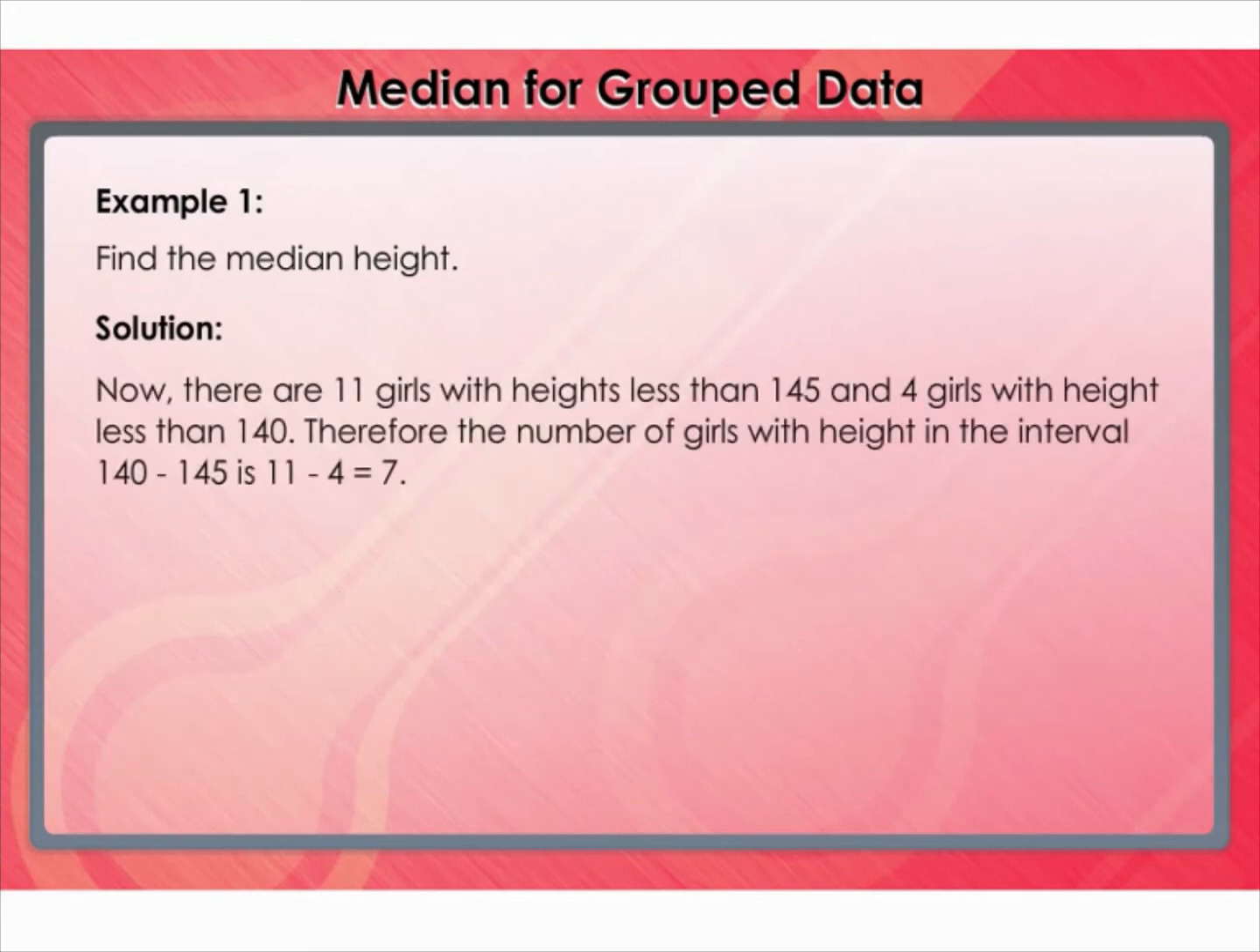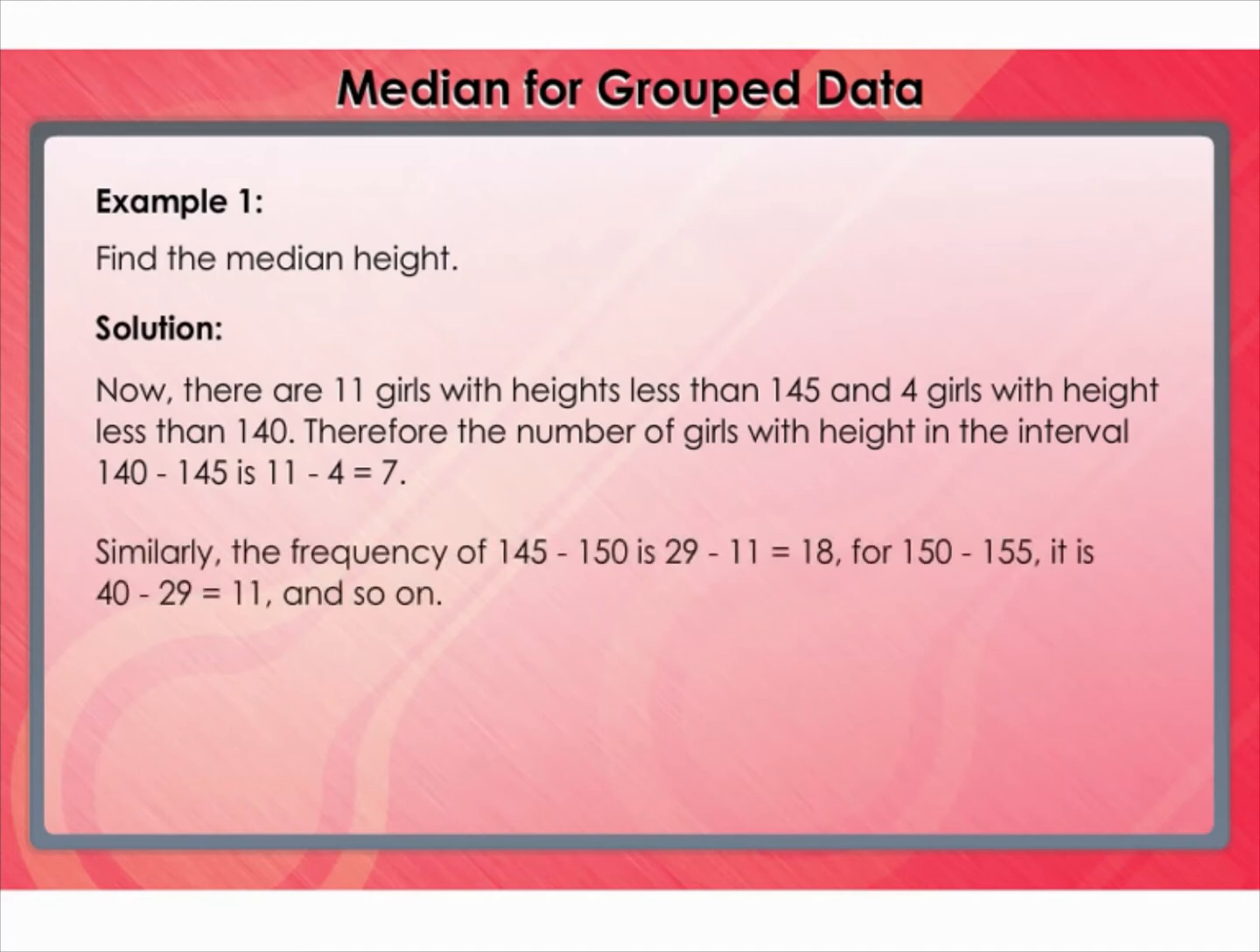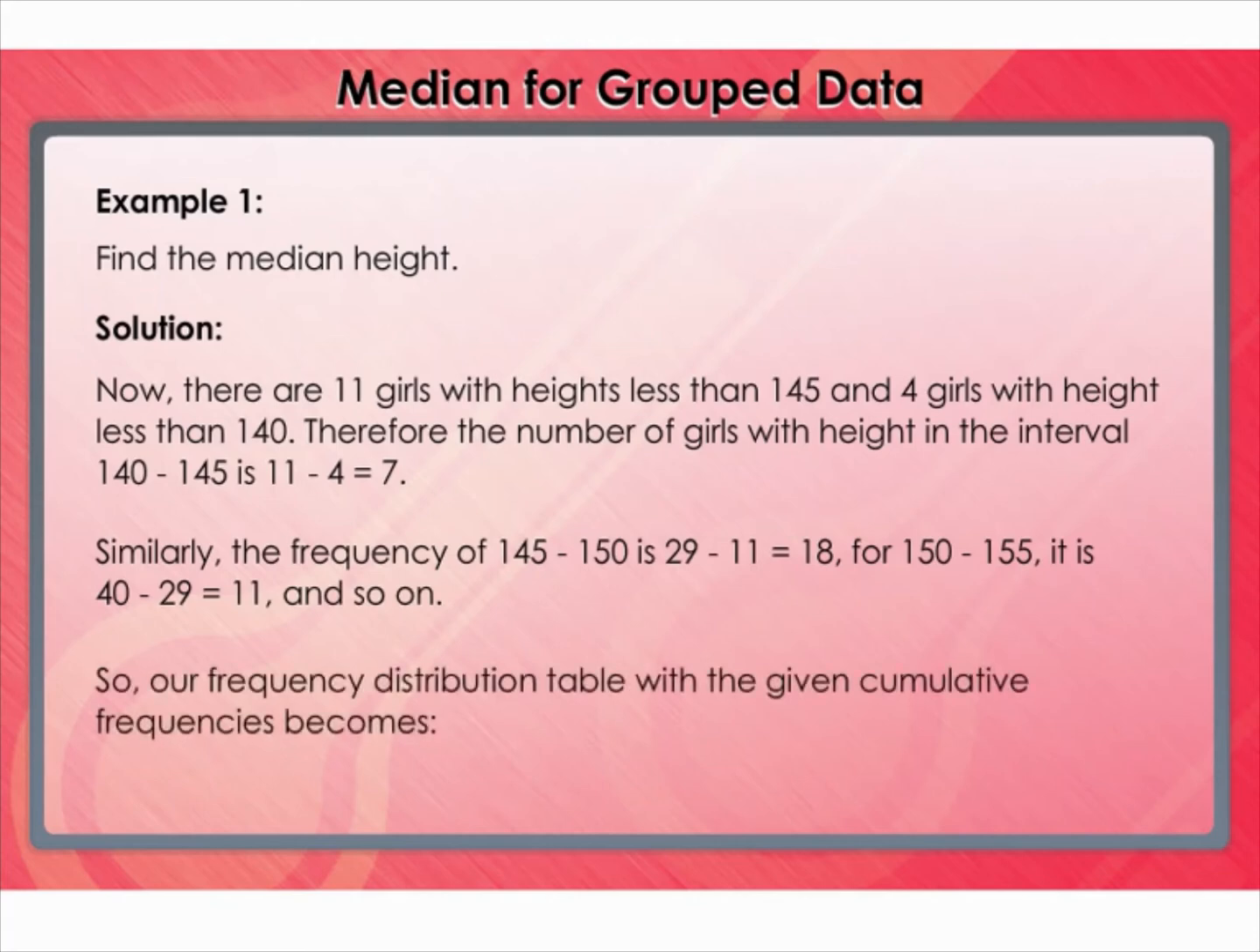Now there are 11 girls with heights less than 145 and 4 girls with a height less than 140. Therefore, the number of girls with height in the interval 140 to 145 is 11 minus 4, that's equal to 7. Similarly, the frequency of 145 to 150 is 29 minus 11, that's equal to 18. For 150 to 155, it is 40 minus 29, that's equal to 11, and so on. So our frequency distribution table with the given cumulative frequencies becomes